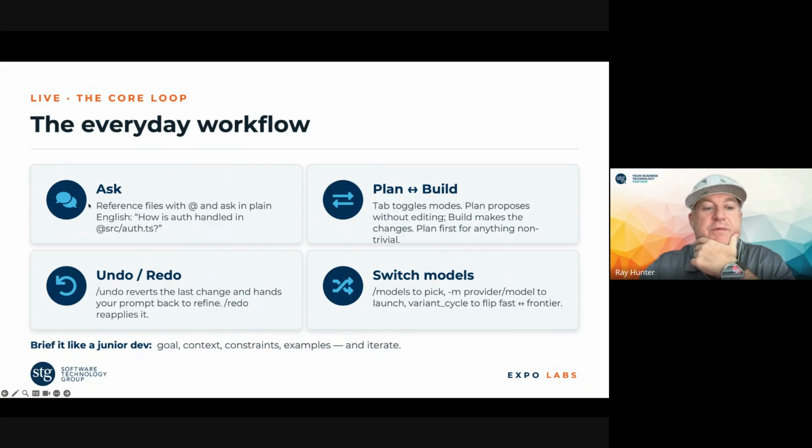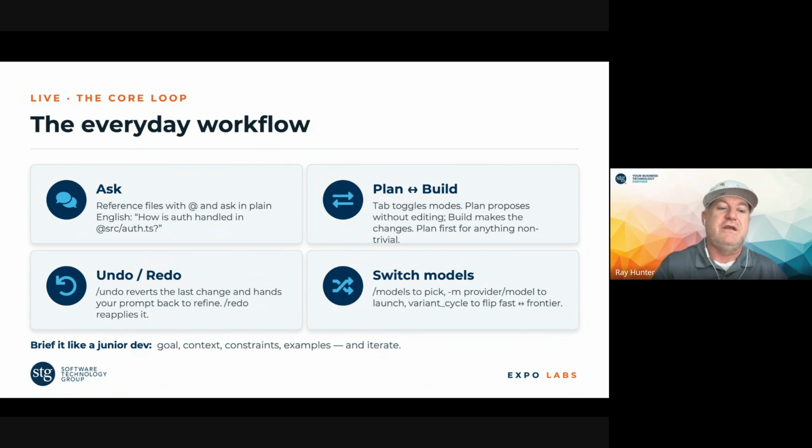I'll show you quickly how planning and building work. Undo and redo, I probably won't have time, but basically that just undoes changes and then allows you to redo anything that you tried. An example might be, hey, I want you to make this change or fix this issue, and it does it, and then you look at it and you're like, that's not what I wanted. You can undo it, revert it, and then you can redo it and apply it again and see if it works the second time or third time. Usually after the second or third time, I would probably reassess the logic that you're using and see based on that how you want to approach it.